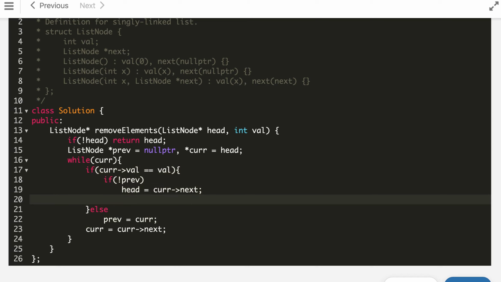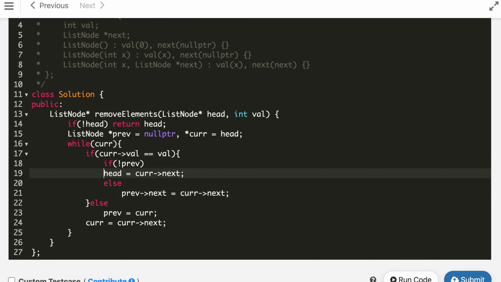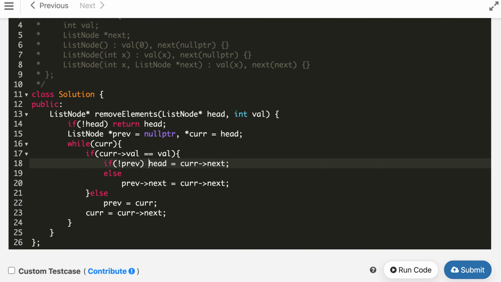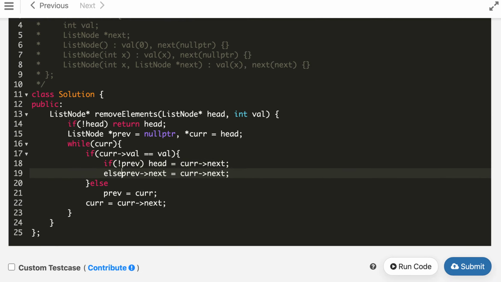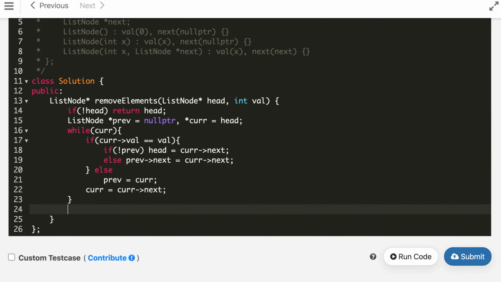But if previous is present, then previous next is equal to current next. This is what we are doing. You can also write it in one line. And finally we will return head.